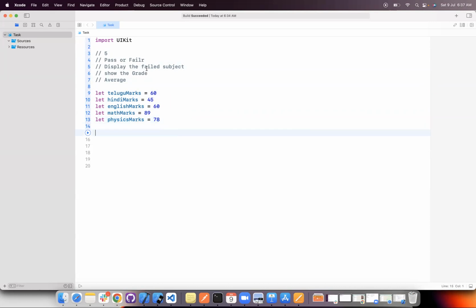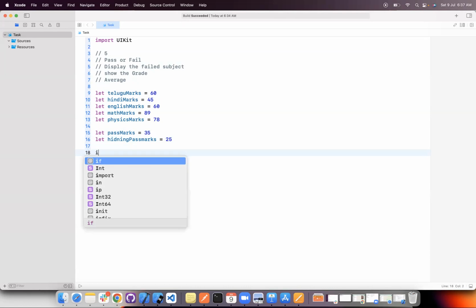Now what we need to check is first of all, pass or fail I need to identify. Okay, pass marks are 35 for other subjects, and for Hindi it is 25. So what I do is let pass marks 35, let Hindi pass marks 25. Here I am going to check if Telugu marks greater than or equal to pass marks,